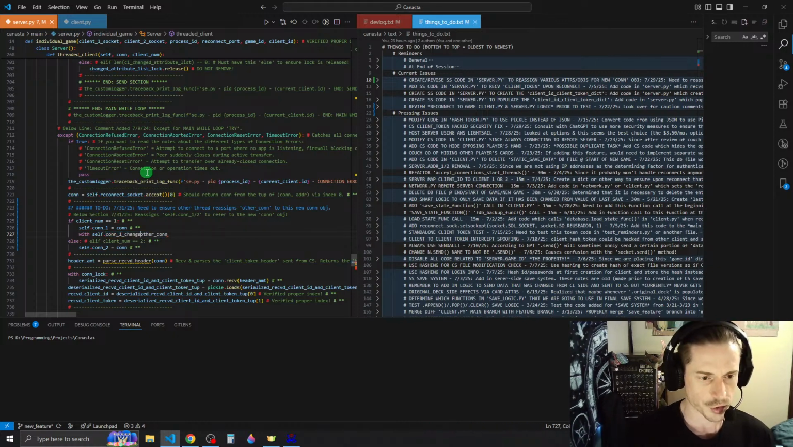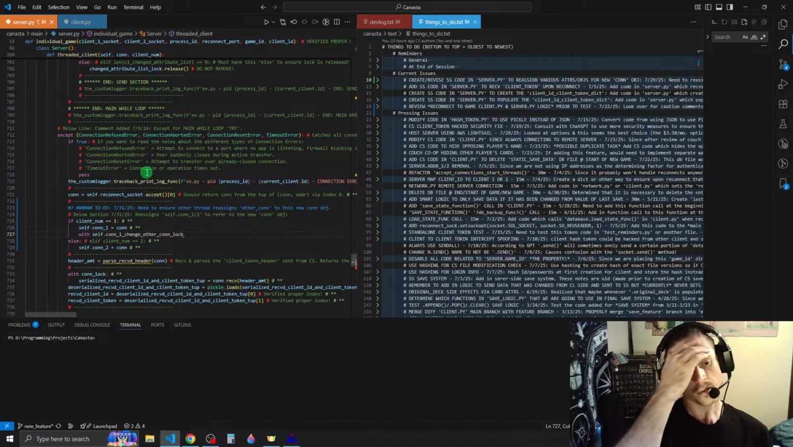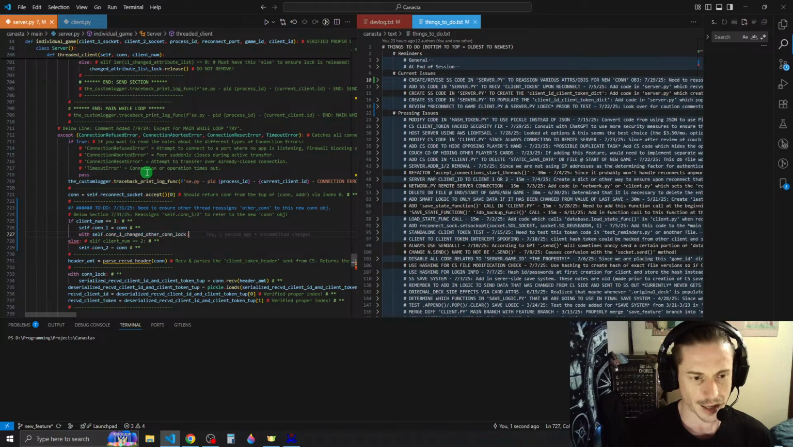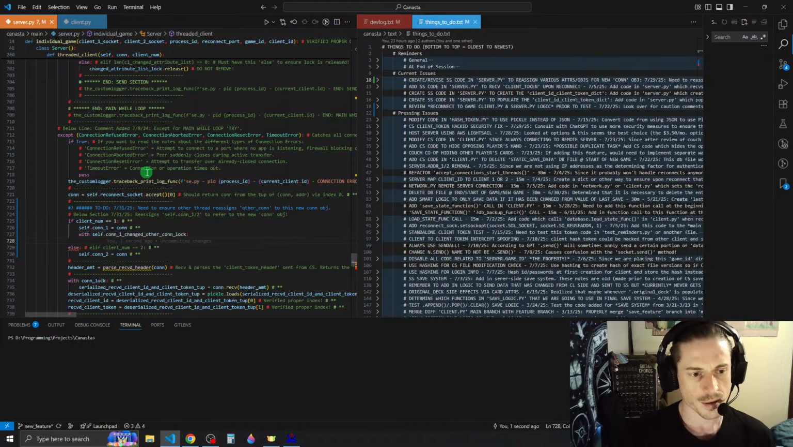Con 1 change other con bool, or change other con lock. So with self.con1 change other con lock, we'll say changed other con lock. So with that lock, we would then trigger this boolean. Well, technically, we could just